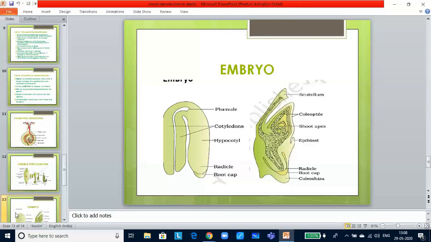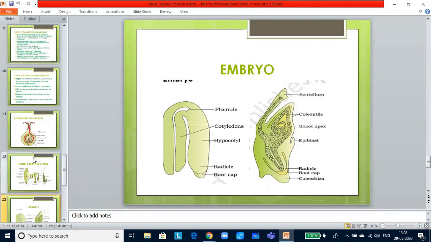Embryos of monocots have only one cotyledon. In the Poaceae family, the cotyledon is called scutellum. Scutellum is situated towards the lateral side of the embryonal axis. At the lower end, the embryonal axis has the radicle and root cap enclosed in an undifferentiated sheath called the coleorhiza. The portion of the embryonal axis above the level of the scutellum is called the epicotyl. The epicotyl has the shoot apex and a few leaf primordia enclosed in a coleoptile.